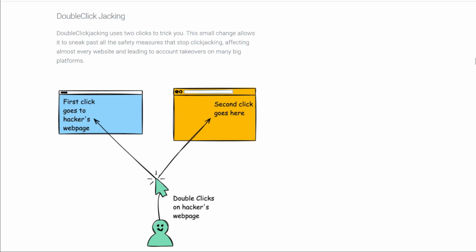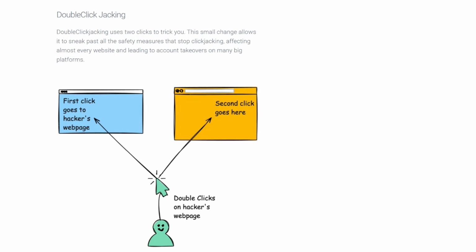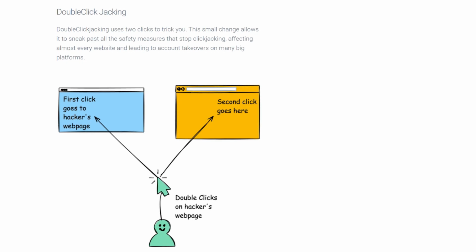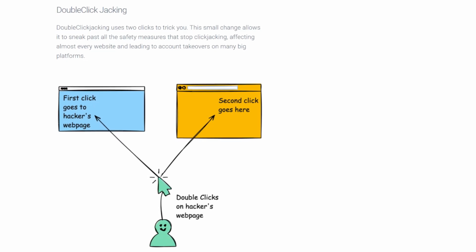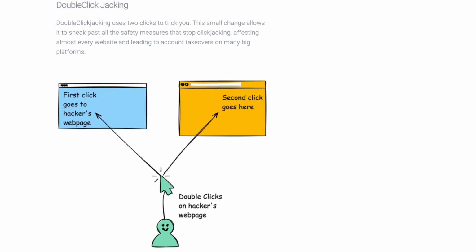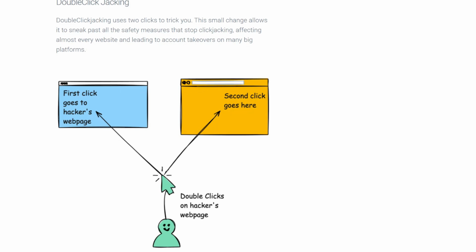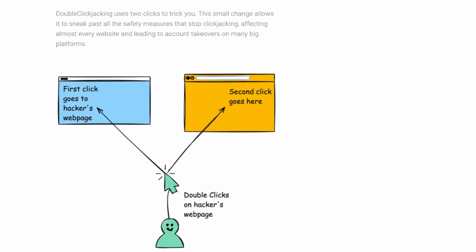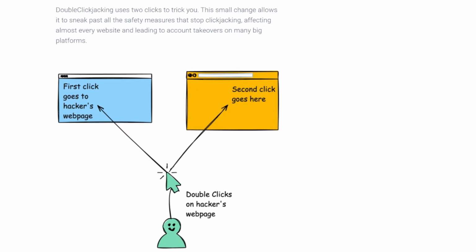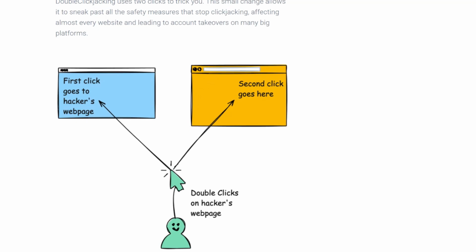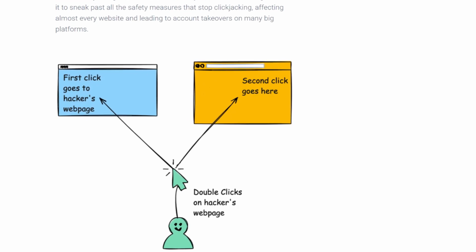Hey, in this session we will talk about double-click jacking. You already know about clickjacking, which is the traditional method of framing web pages and tricking users into clicking on pages they were not planning to. This is a slightly derived version of that. Here we are calling it double-click jacking, and if you look at the diagram, you can see that the legitimate user is double clicking on a page controlled by the malicious actor,